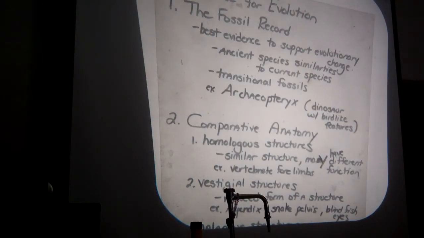Ancient species similar to current species. I know that doesn't make any sense. Here's what that means. Even those critters that existed long ago and have become extinct have similarities to organisms that are still living today. In other words, they're not all that different. There are lots of things that all living organisms, young and old, extinct and non-extinct, have in common.